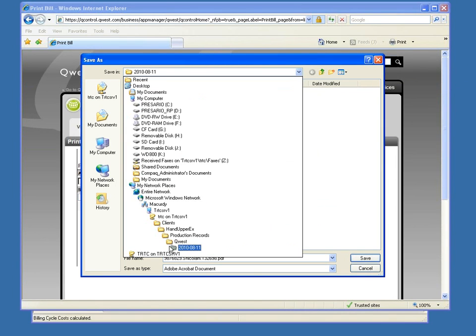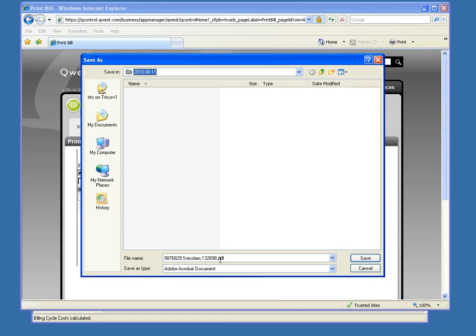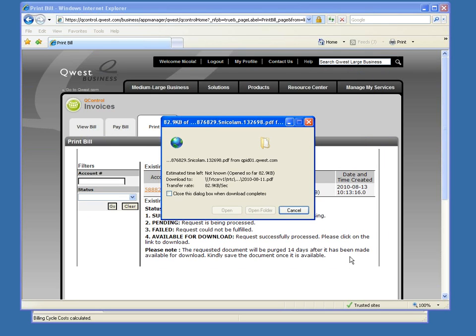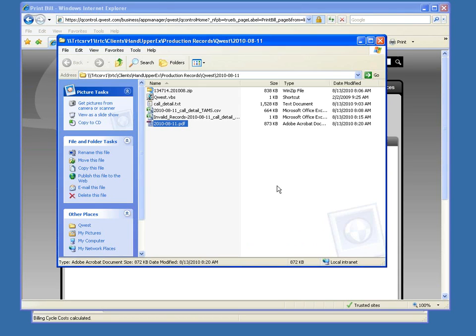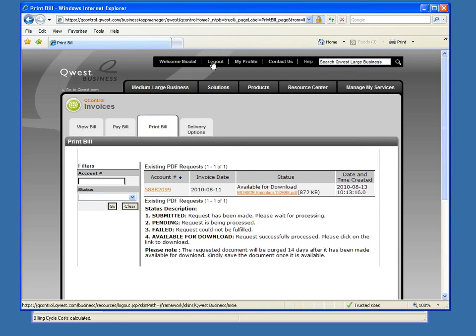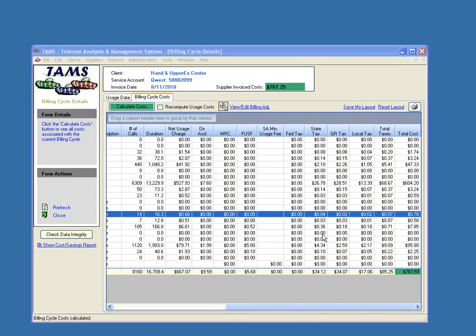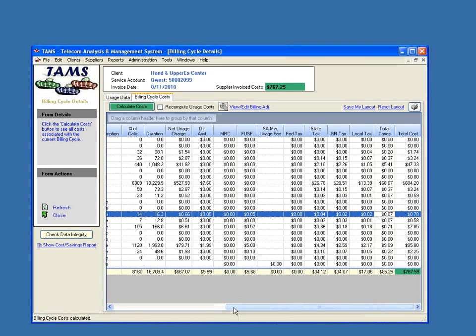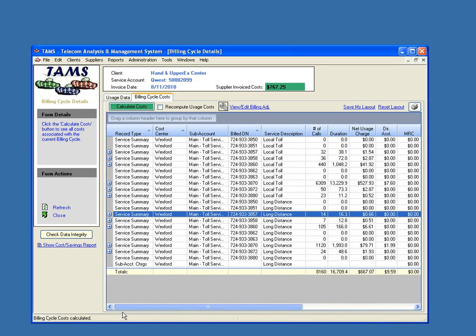for this client. And again, we adhere to our standard naming conventions so that it's consistent across all clients and all folders. And there it is saved for reference of the PDF. We may now log out of Q Control. Close that window. One action that is also available on this form, which is a very important step to perform,